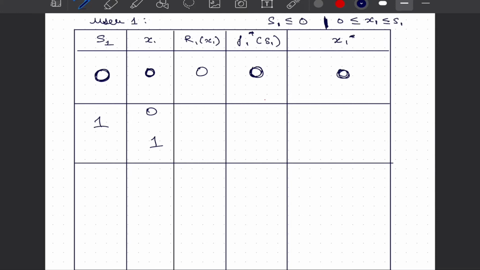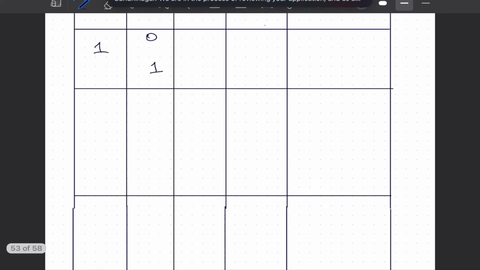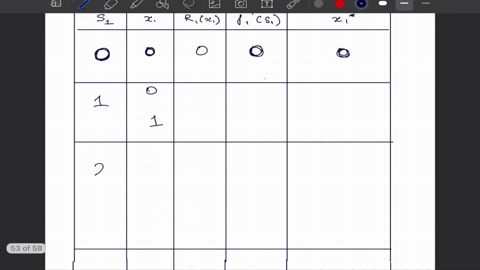And here you can see that this x1, or allocation, has to be always less than or equal to the state of the system, and it has to be always greater than or equal to 0, because we don't have an option to withdraw the water. Also, when we talk about the state, S1 has to be always less than or equal to q, and always greater than or equal to 0, where q is the total amount of water that is available. So these two equations also serve as constraints for us. So we will give S1 as 0, 1, 2, 3, 4, 5, 6 and so on.